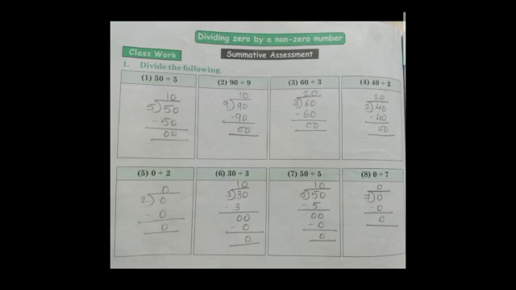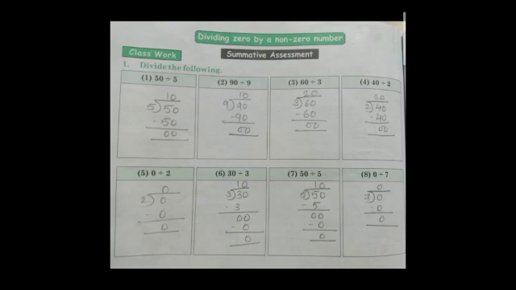The fifth one is 0 divided by 2. Now here students, 0 is the dividend and 2 is the divisor. Don't write 0 as the divisor and 2 as the dividend. As I have told you, in a division question the first number is always the dividend. So here 0 is the dividend and 2 is the divisor. So ultimately the answer is 0, because 2 zeros are 0. Any number multiplied by 0 is 0. So here also it is 2 zeros are 0.